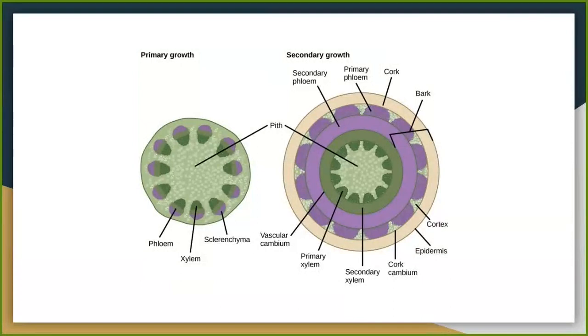And yeah, the cork cambium's cork cells form what is known as the periderm. And then the periderm substitutes for the epidermis in mature plants. And these are what allow for secondary growth, or the widening of the plant. Yeah. Okay, so